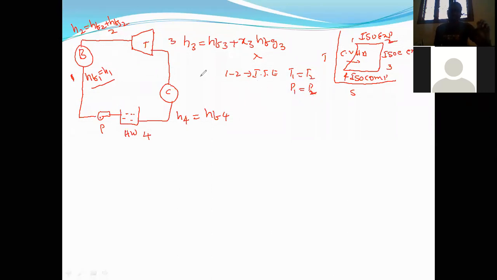Now in 1 to 2, we would like to know one thing here. What are we doing in 1 to 2? Applying heat. What heat are you supplying? Before the boiler is saturated water. We are converting the saturated water into saturated steam. In order to do that, what do we have to add? Just latent heat. Only latent heat. The HFG2 is only latent heat.